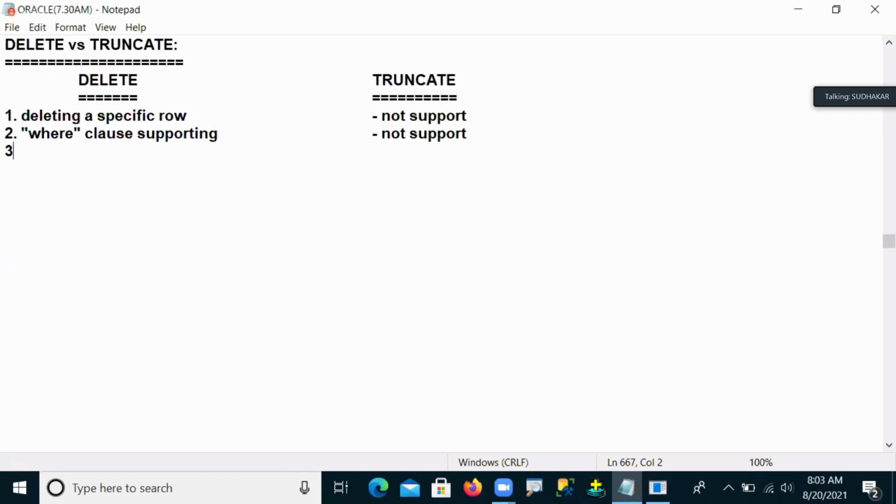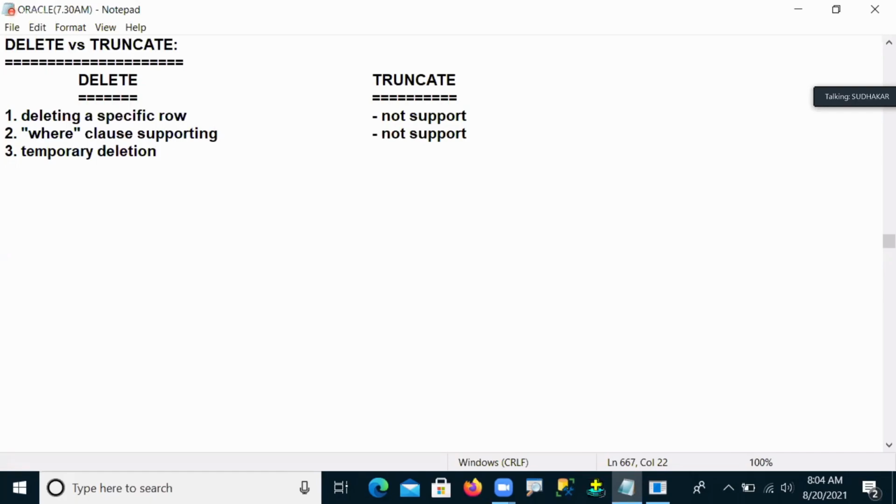And the third point is the delete command. By using the delete command, whatever data we delete is called temporary deletion.